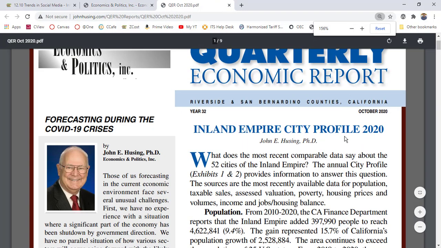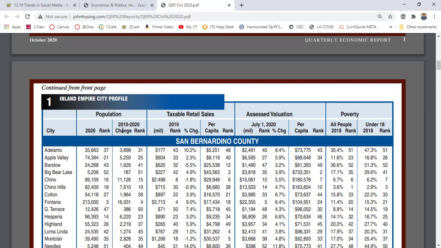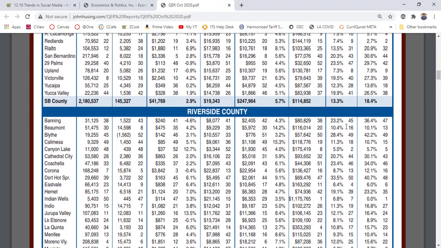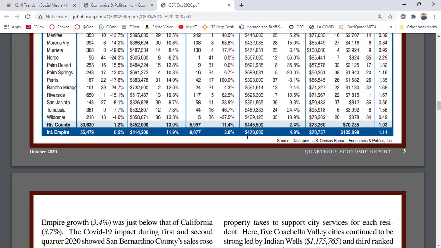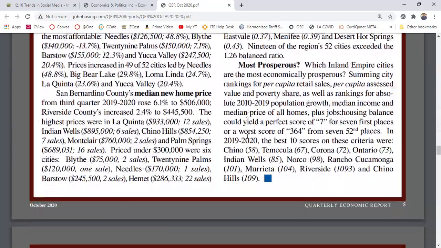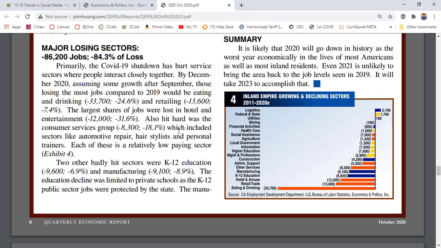And again, there's a method, there's a reason. And so, he'll go on through different types of profiles of population, resale, sales, etc. Of course, in the midst of a pandemic, it's not going to look great. Let's skip here to the area that I want to discuss, which is going to be, no, not quite. There we go. So this is what I want to show you first.